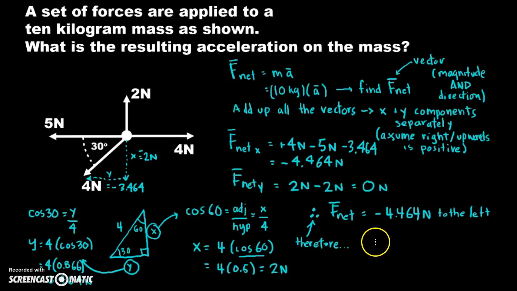Now, if that's my net force, what do I have to do now? Well, not too much there. Basically, I'm saying that negative 4.64 is equal to 10 kilograms times my acceleration. So my acceleration is nothing more than that divided by 4. So it's